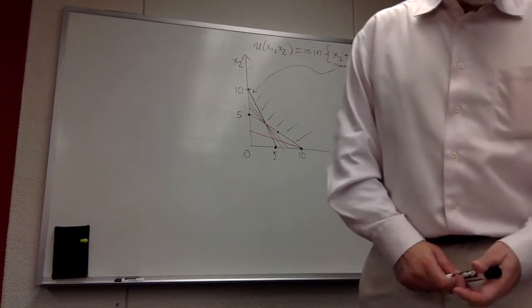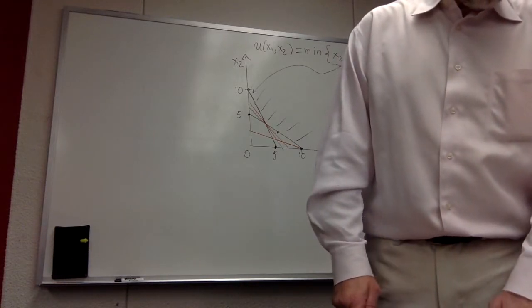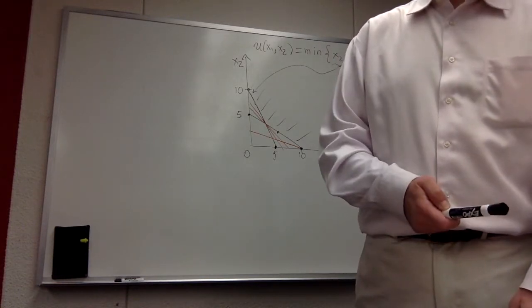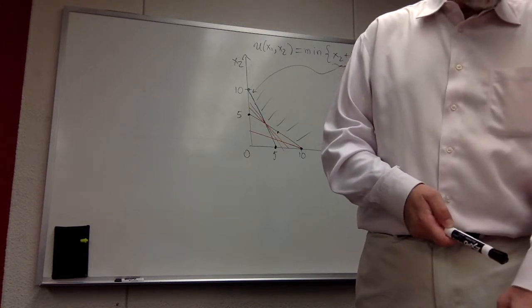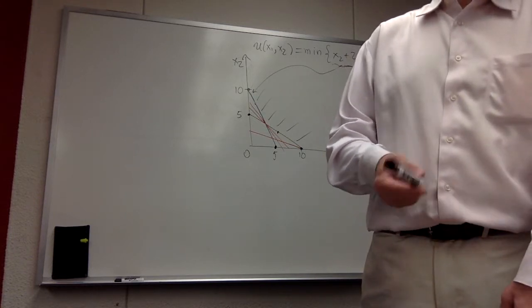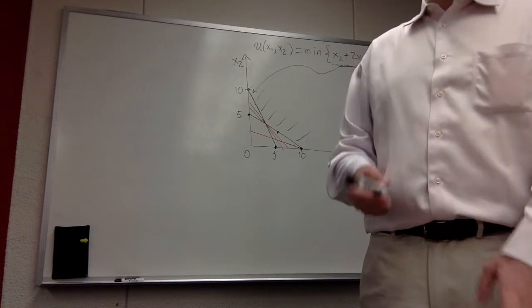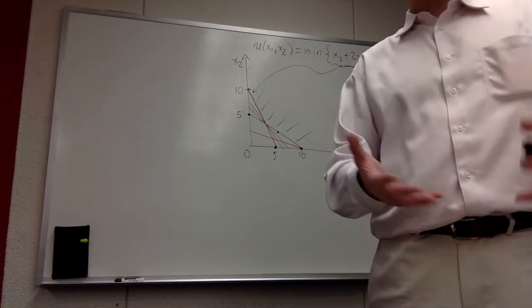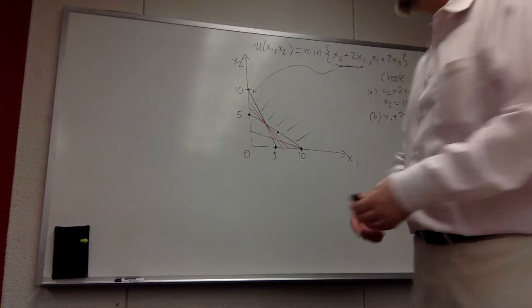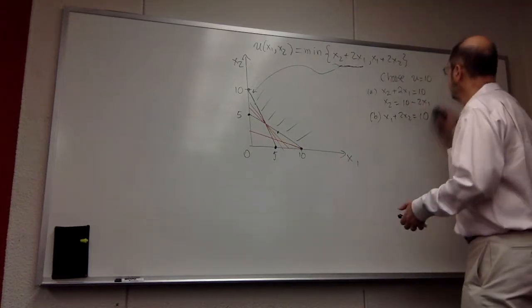Then they tell us that the person has M income every year. So currently the person is consuming something like X1 star, X2 star. So we're going to immediately say, okay, right now the X1 star, X2 star is at the point that looks like